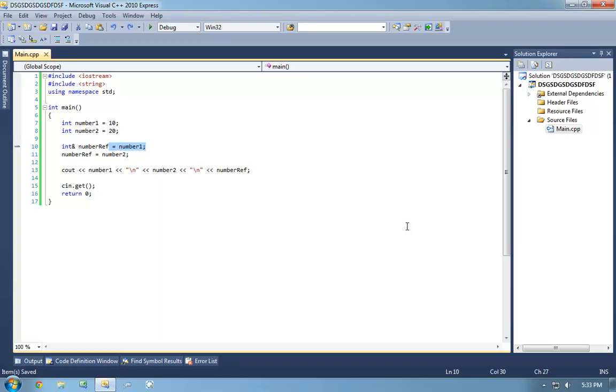C# references are like a mix between C++ pointers and C++ references. For example, C# references can be reassigned, they can be set to null, but they cannot be set to point to random bits of memory. A C# reference, whenever you assign it to something, must always be set to null or a valid object reference. Those are the only two options you have in C#.